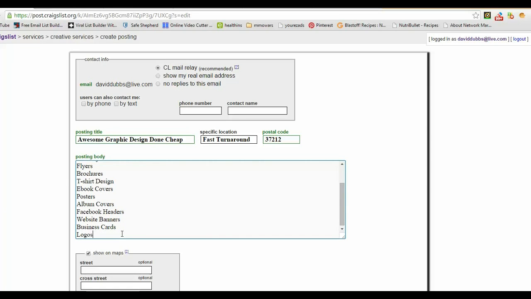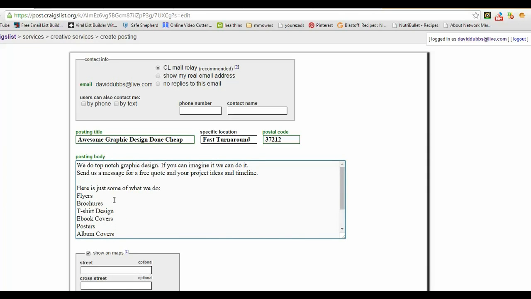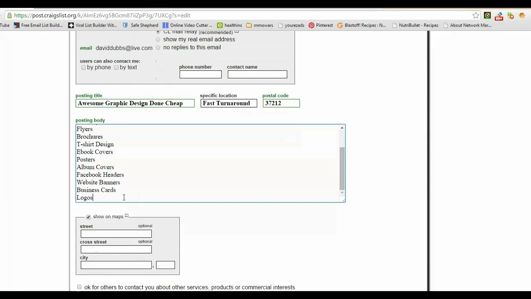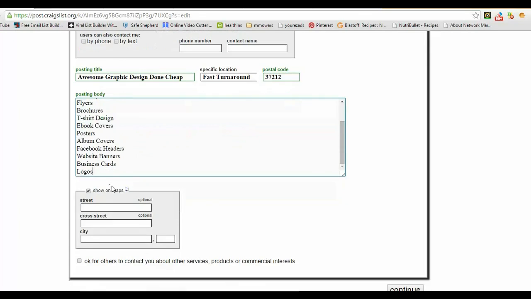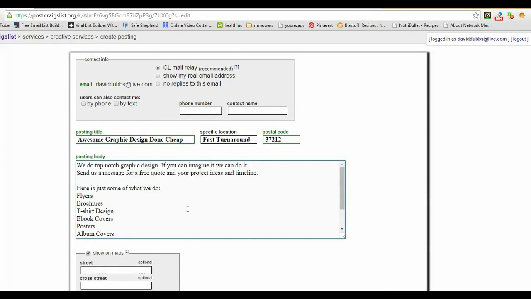Logos is huge business. A lot of people look for logos. Okay, so you know, I could go on and on and on if I think more, but just for the sake of time in this video, I don't want to write as much. But you know, this is basically how you put it together,